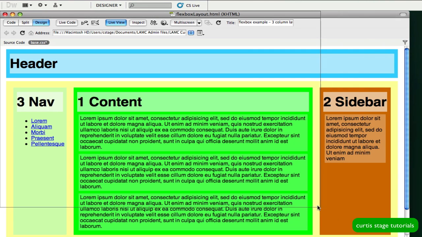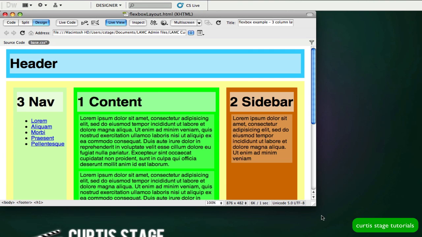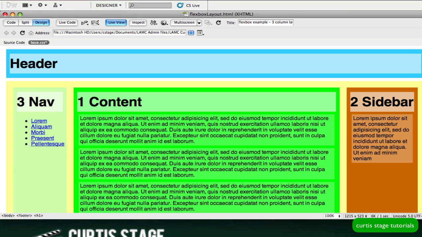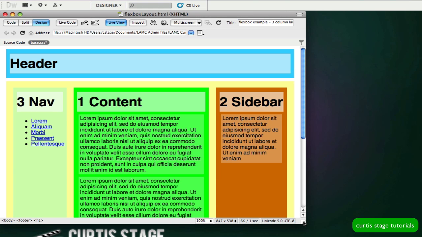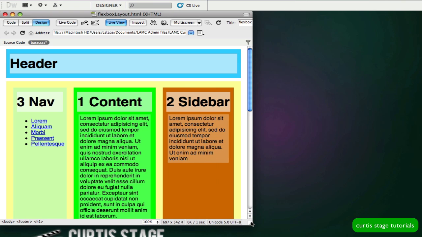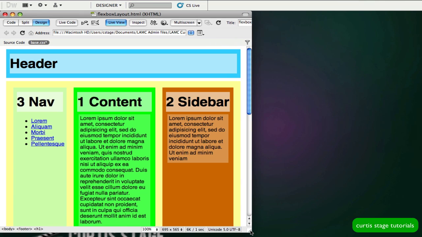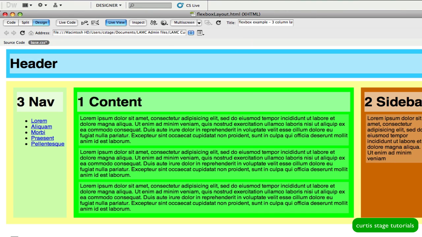You'll see that in this example my content 1 box here in the center is very flexible. It changes with the size of the content. In fact, we have a minimum size on this layout, so this would be perfect if this website was being viewed on a tablet, probably a little too big for a cell phone to get flexible down to that size. That would be another tutorial. But you can see that this box has a limit right about there, 640 pixels. And then if I go bigger, all the boxes stretch out